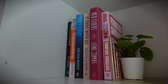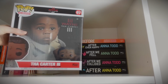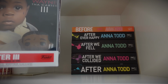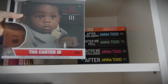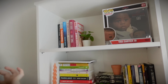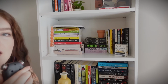And then next to the books we have a Lil Wayne Pop Funko, which is nicely covering up the Anna Todd books that I have. Yeah, do not ask me why I have the entire After series. It was like $20 on Amazon, and I bought it, and then I read the first book, and now I'm just trying to cover up that time in my life and forget about it. But that is the first bookshelf in all of its glory, and now we will